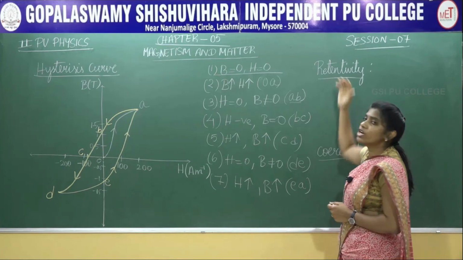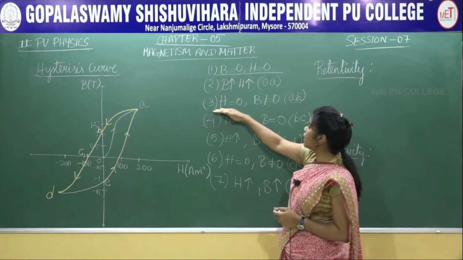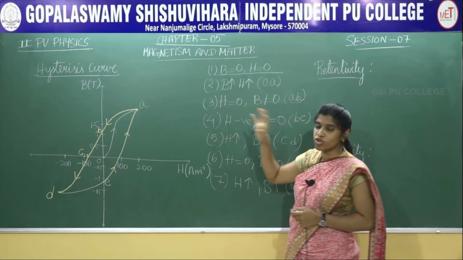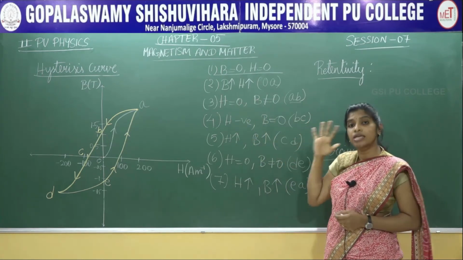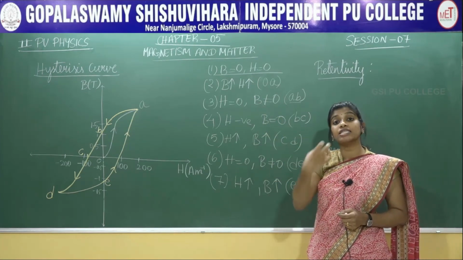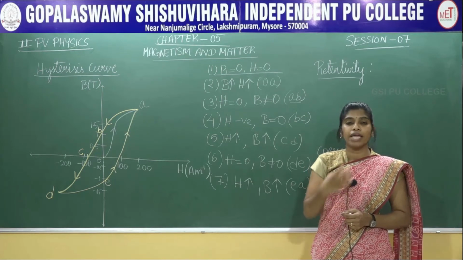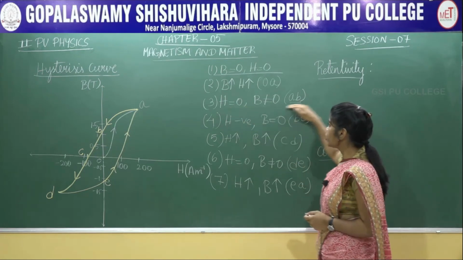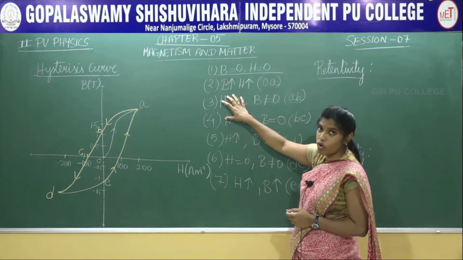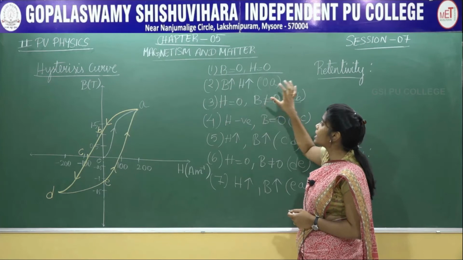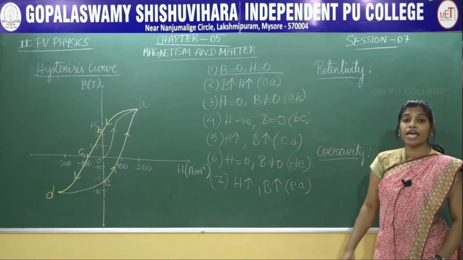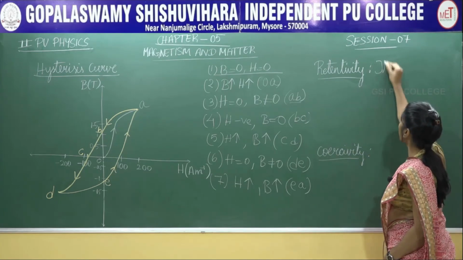So, coming to retentivity. Now here we have seen in this third point, as the magnetizing field becomes 0, that is, the magnetic intensity has become 0, but the material still retains certain magnetism in it. That point where the magnetic intensity has become 0, but the magnetic field is still present is called retentivity. So, the retentivity can be defined as the property of